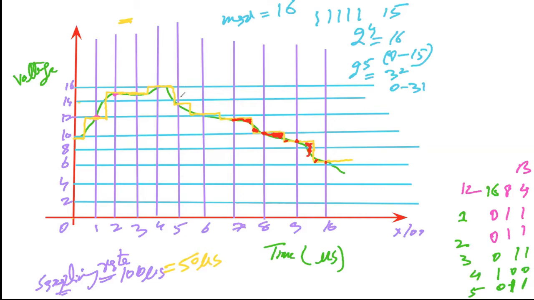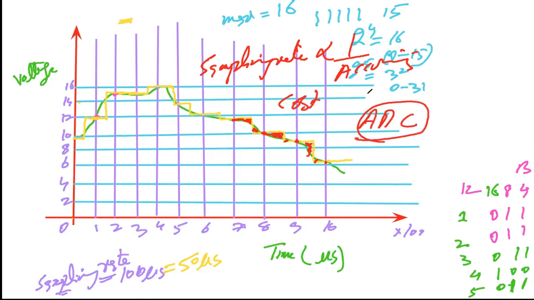Okay. So if you decrease the sampling rate, then the accuracy will be high. So you can say that the sampling rate is inversely proportional to accuracy. But if you decrease the sampling rate, then the cost will be high. Then your ADC, analog to digital converter, cost will be high. So this is all about the analog to digital conversion. Okay, there are some numericals, so let's go toward those numericals.